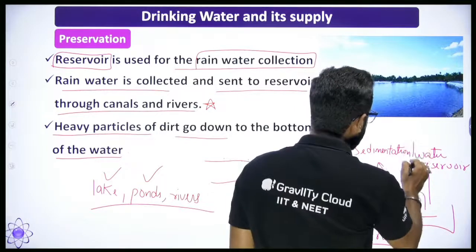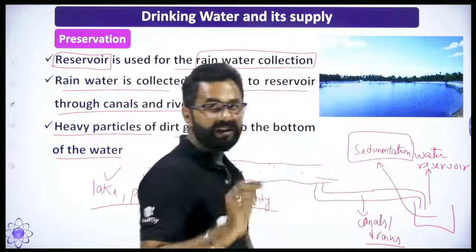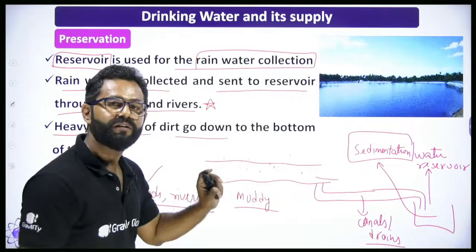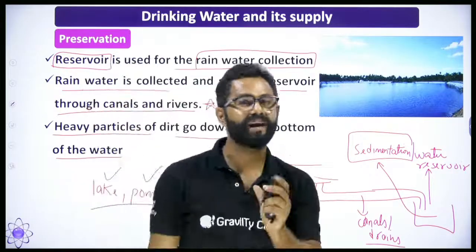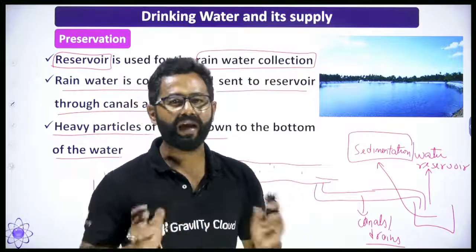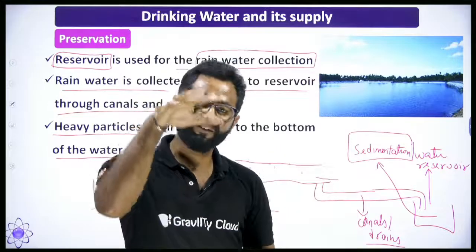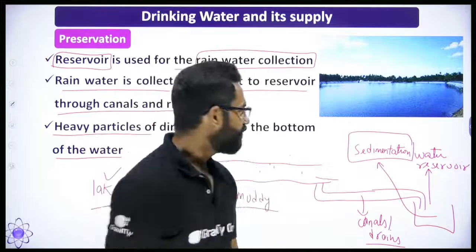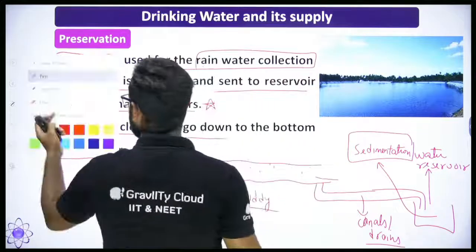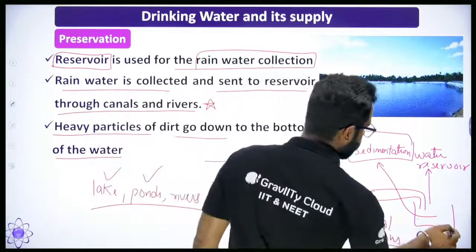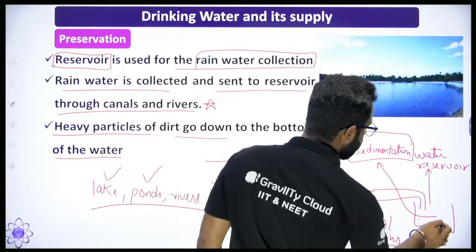In sedimentation, the heavy stone particles, heavy sand particles, mud particles, or any other foreign particles will settle down. All the particles will settle down at the bottom of the reservoir like this,